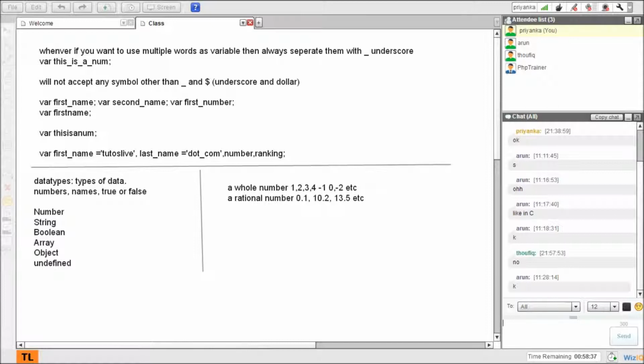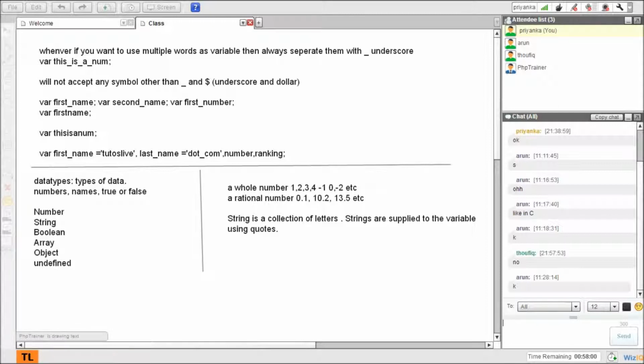String is a collection of letters. It can be alphabet, it can be a number too. Just a collection of letters. Again, I'll put in a note here saying strings are supplied to the variable using quotes.